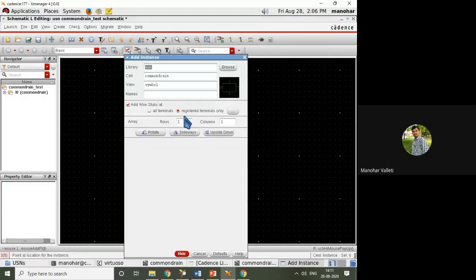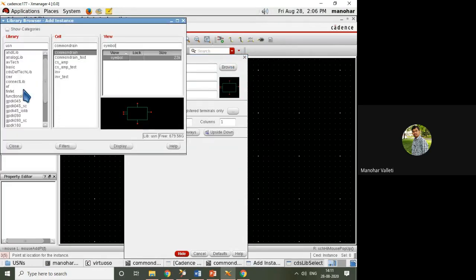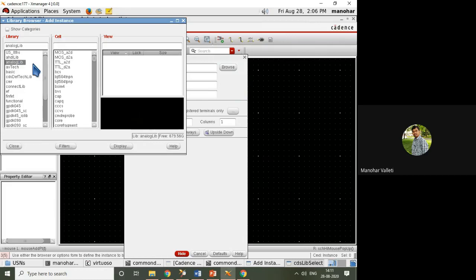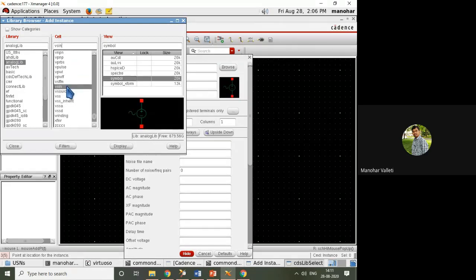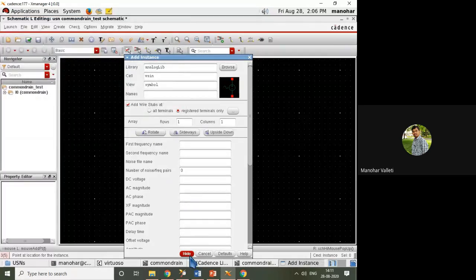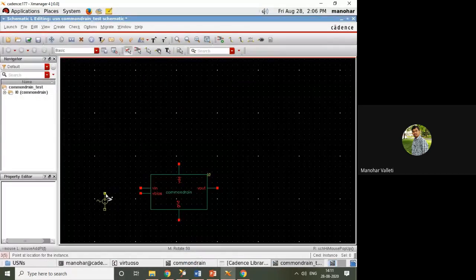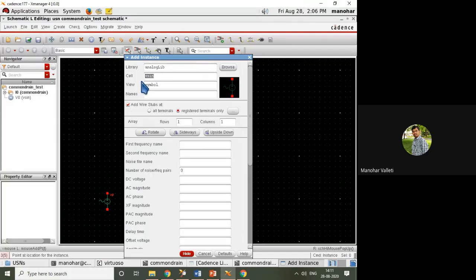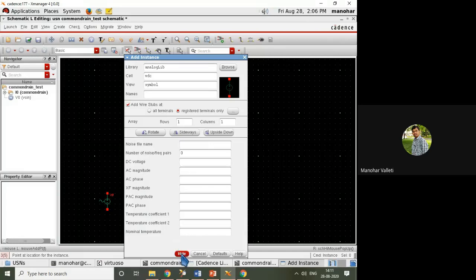So now I want a sine source and VDC. Browsing for all those sources, the sine source and VDC, ground will be there in the analog library. So vsine symbol, double click. The settings we will see later. I'm just now putting the sine source. Same way I want VDC. So simply type VDC here, click somewhere, and it automatically changes to VDC. The symbol also you can observe is changing.